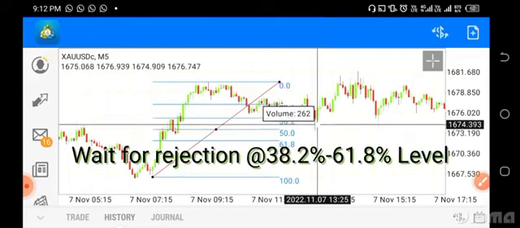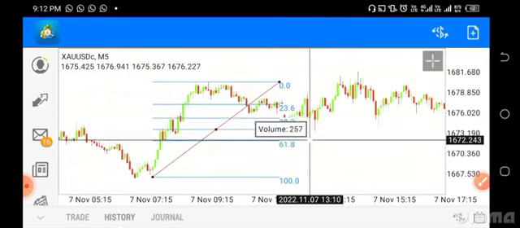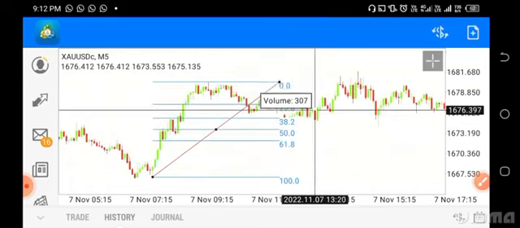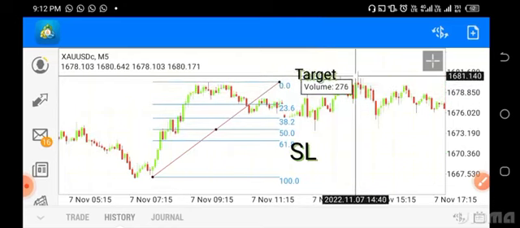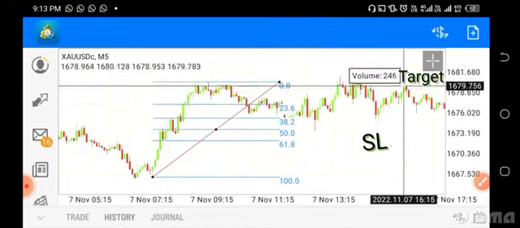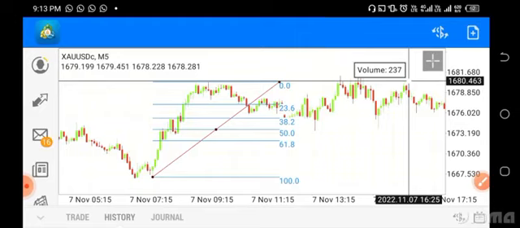So always take a trade above the high and put a stop loss at 61, and your target is this 100 level. So if you think it comes again into the same zone, it will go again, correct. This is how you can take trades in Fibonacci retracement. It is an example of a buying trade when the market is in a green candle.